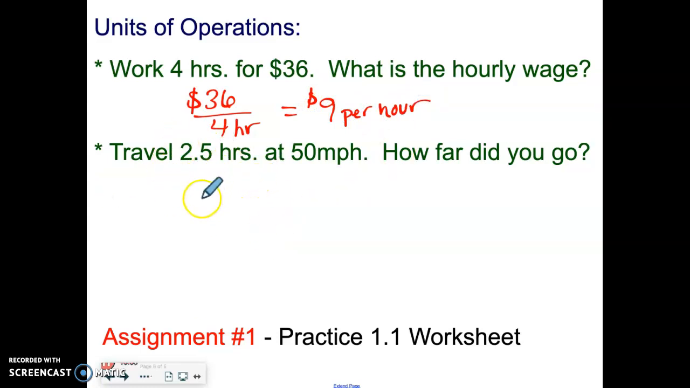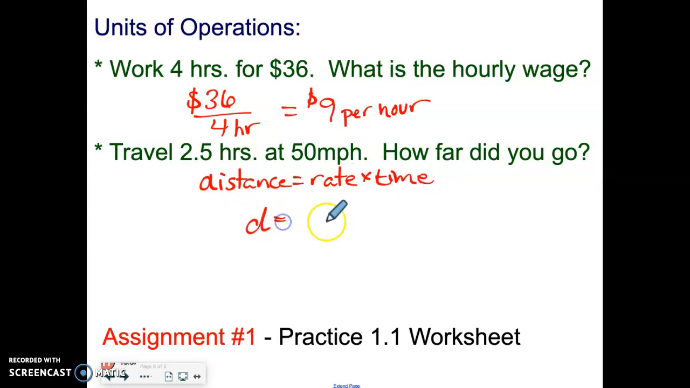Next one I have, I'm traveling 2.5 hours at 50 miles per hour. How far did I go? Well, if every hour I'm driving 50 miles, that's going to be multiplying. If you think about it, distance is equal to rate times time. I'm sure you did that in your physical science class. So here I would say my distance is going to be equal to 2.5 hours, that's actually my time, times my rate, which is 50 miles per hour. And so then my distance, 2.5 times 50, gives me